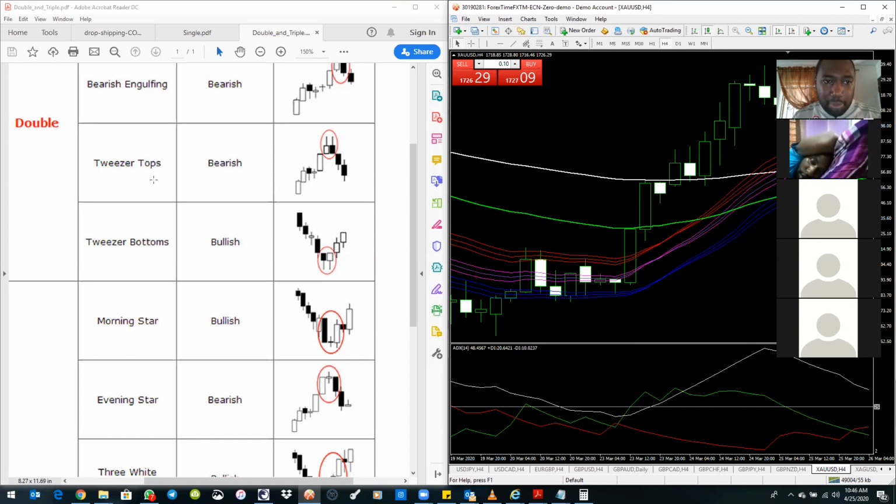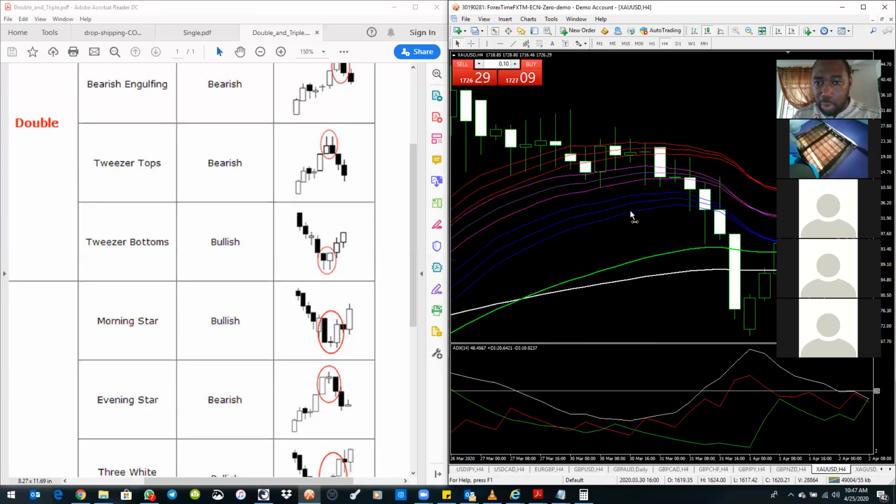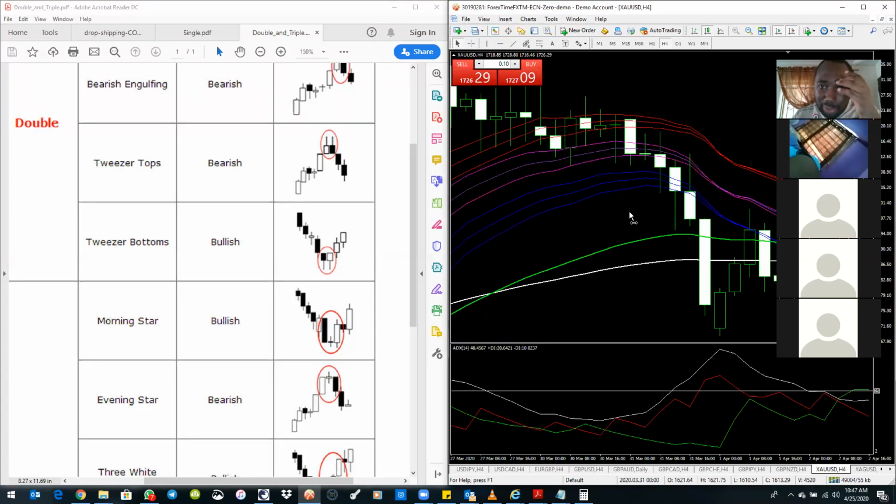tweezer tops and tweezer bottoms. These two I'll take together, just like most of the other ones you will see. There's just the one happening in a bullish environment and the other one happening in a bearish environment. Basically, a tweezer top is when you have two hammers together. You have a hammer followed by another hammer. Usually one will close bullish, the other one will close bearish. When you see that, that's a very strong indication that the market is going to change direction. It's not very common,